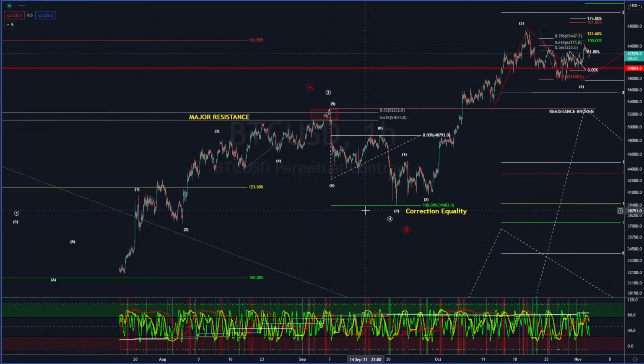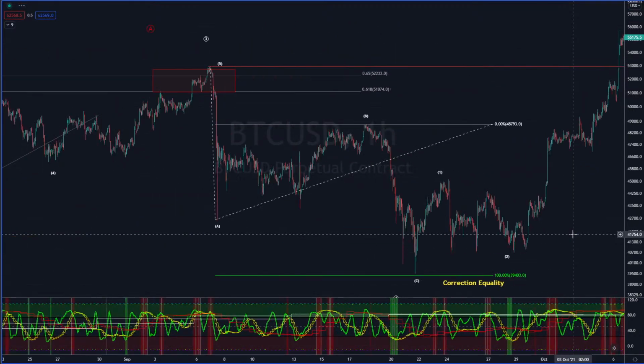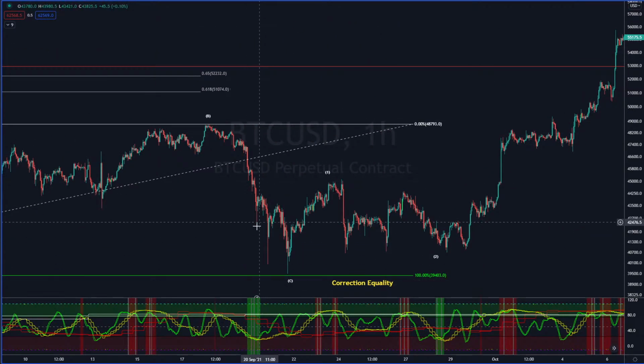Okay, so we've talked about this before, right? We talked about the resistance up here where we had the rejection. We entered a corrective phase, and at about $41,000, I said, hey, we need to be buying. And why did I say that? Again, I've already kind of covered this, but let's just talk again. We had a buy signal back here, but the 12-hour is moving down. Then we had the 12-hour just kind of moving sideways while we had a good buy signal back here. And it looked like we were creating a little bit of hidden bullish divergence. Things looked really, really good. So at about 41,000, I said, we need to be buying.